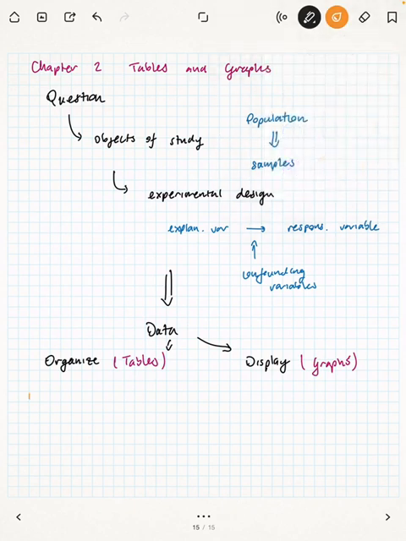So our objectives, we're going to identify and apply appropriate tables for organizing data. And we'll split that into categorical and quantitative. And similarly,